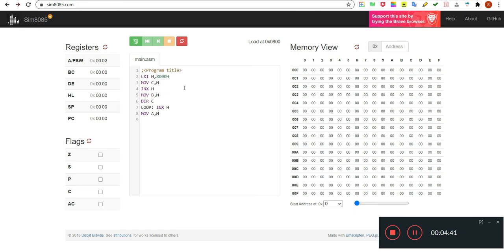Here the loop is created. The next instruction is to move the content of memory to A, that is MOV A, M. This moves the content of the memory location to the accumulator A.